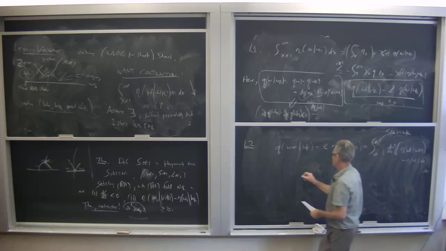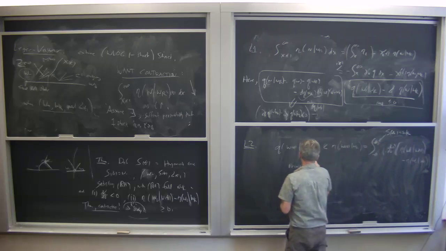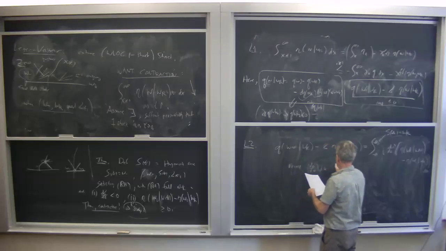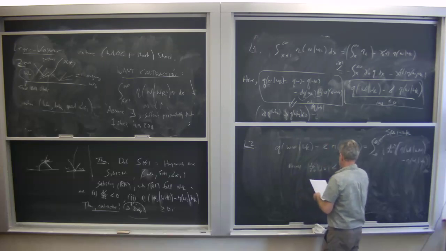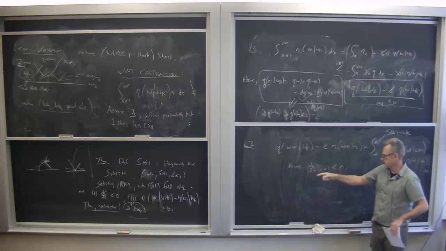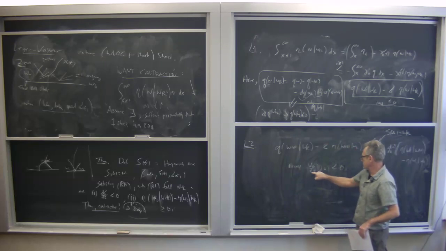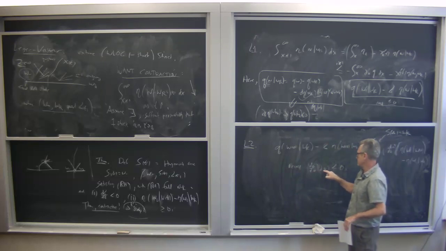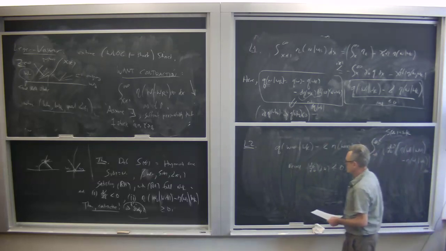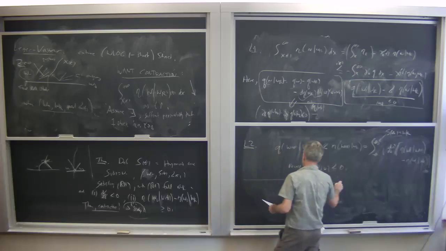And recall D sigma over D theta of D theta is less than or equal to 0, because sigma is decreasing as we move along; the shock speed decreases as we move in the forward direction. So this will be negative when D theta is positive. Okay, so the conclusion will be,